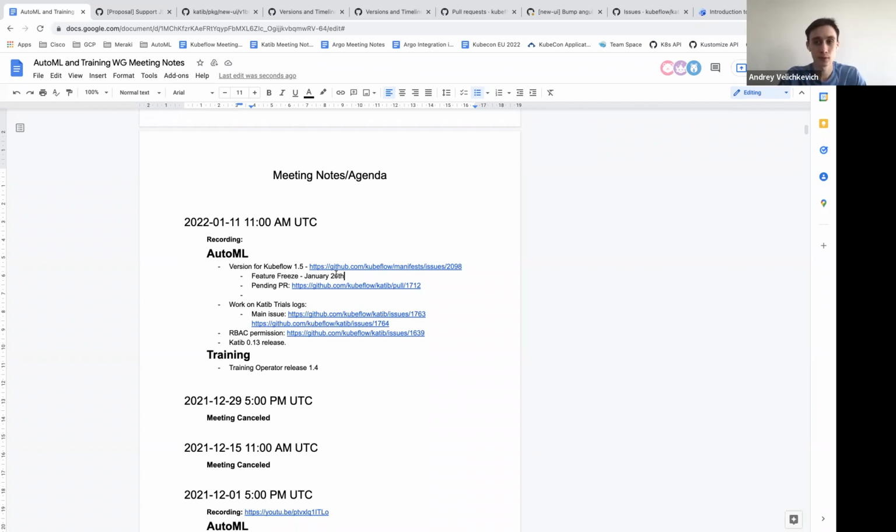Yeah, go ahead. A small note, just to reiterate on the feature freeze. Keep in mind that the initial concept that we had around feature freeze is that once we have a feature freeze, you can still pick some pull requests that are already open and that you're still reviewing, and merge them during the feature freeze.